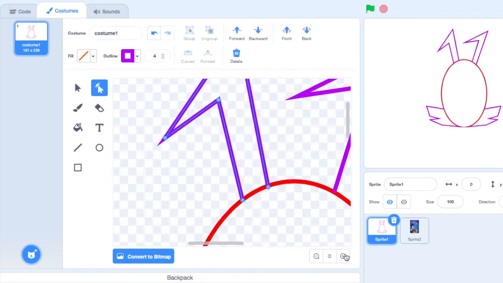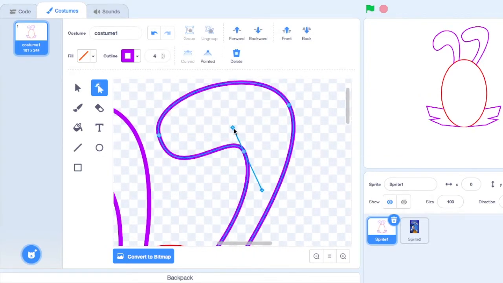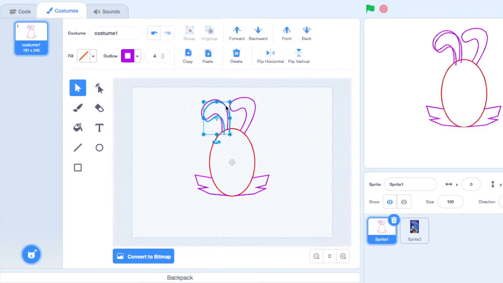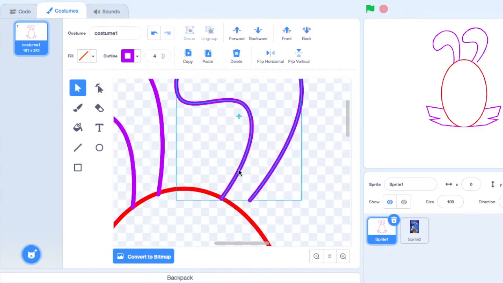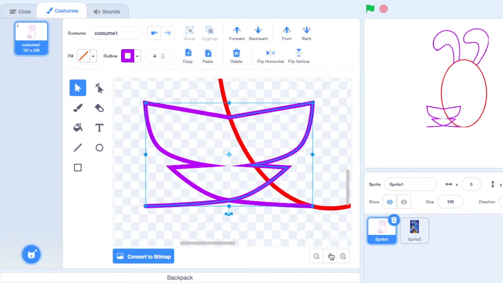Wait, what? You thought that was it? Heck no! Line Tool has a trick up their sleeve. Now it's time to release the bad boys, Curve Tool and Point Tool. Curve and Point are just as amazing as Line, and are more helpful. Now, let's see what these guys got. Now, you see, it's all better now. No more pointiness.